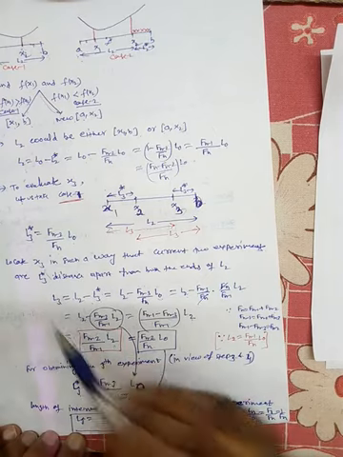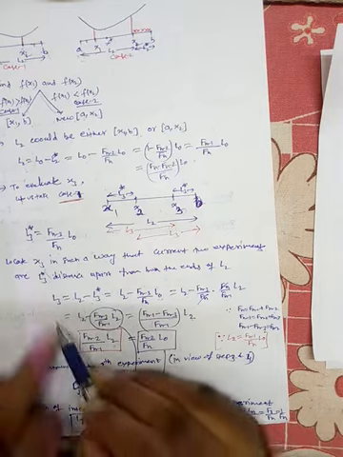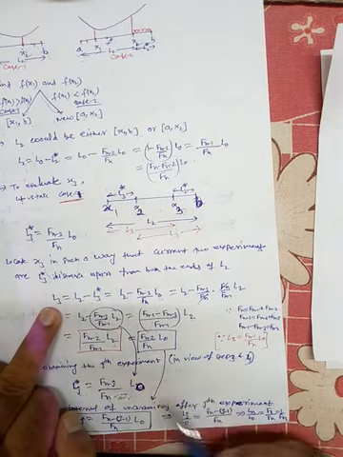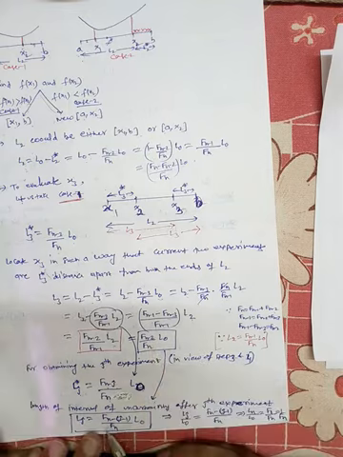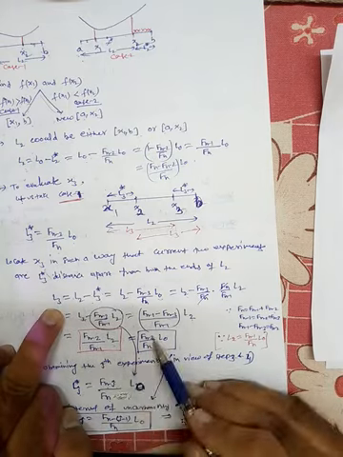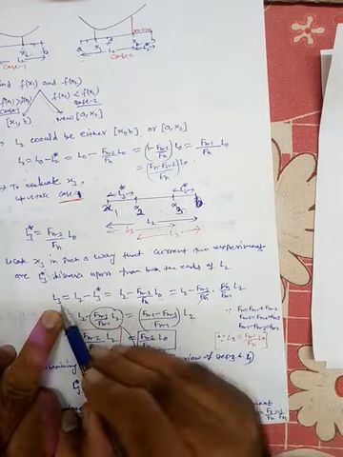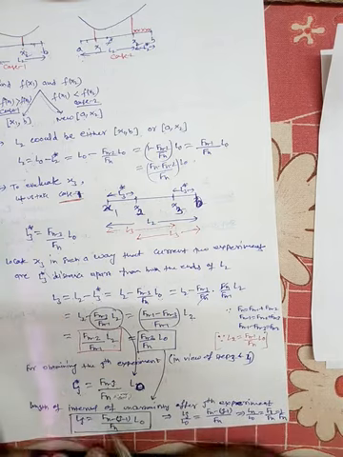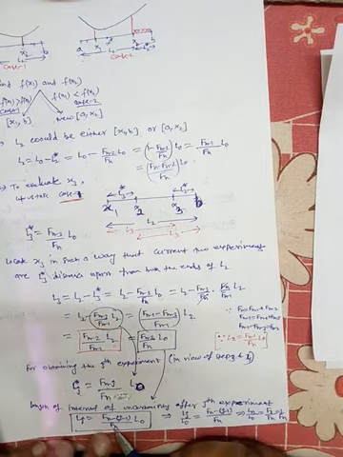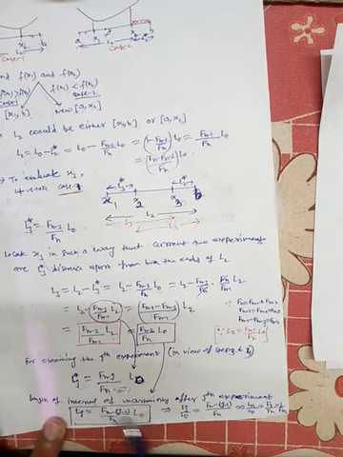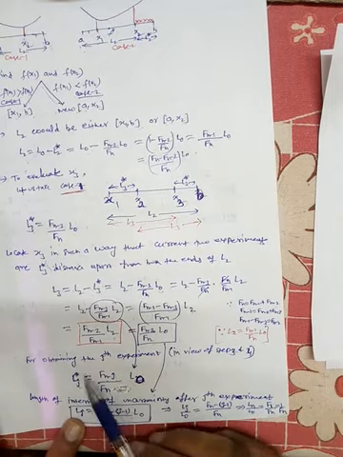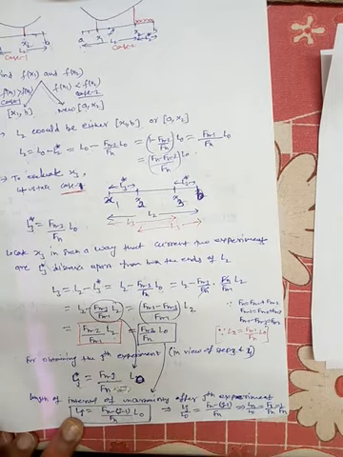If j is here, what will it be? If j is here, then j will be here also. f of n minus j, sorry, if j is here, then here it is 3 and here it is 2, so here j will be and here j minus 1. So f of n minus j minus 1 by fn L naught. So this is the general formula for Lj, and this is the general formula for Lj star.